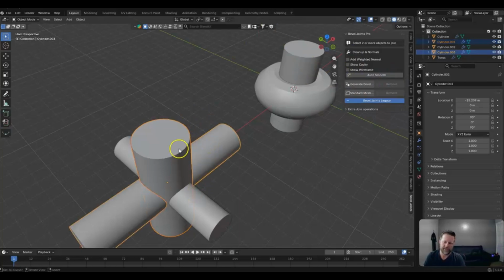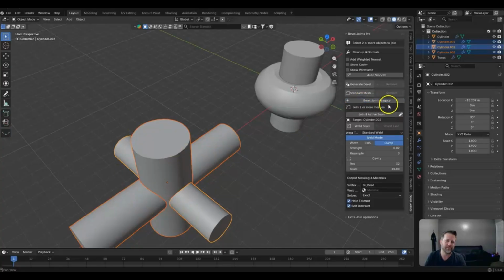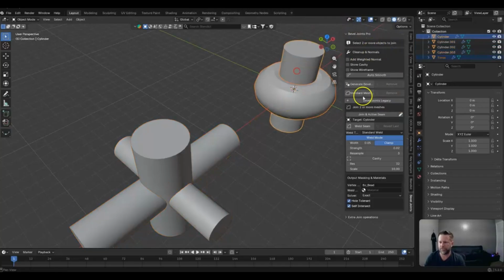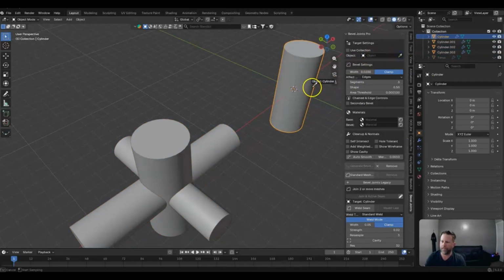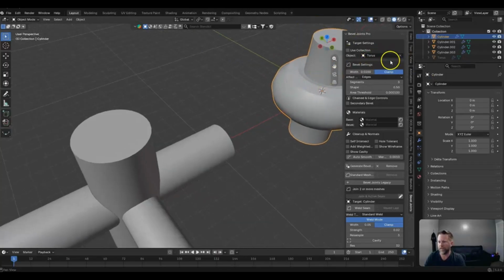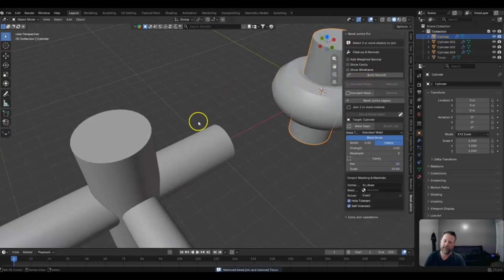Now, selected objects can join to other objects and create a manifold object. So what we're going to do is grab all these. We're going to open bevel joints legacy. You used to have the eyedropper like you do up here, which is just nostalgic for two objects. If you generate the bevel v2, you'll have this. It auto loads it. But if you don't have that, then you could conceptually do it that way. So anyways, what I want to do, I'll just remove all that,